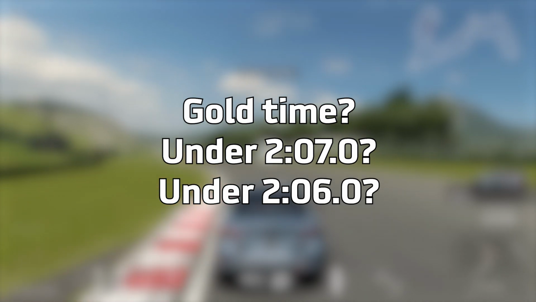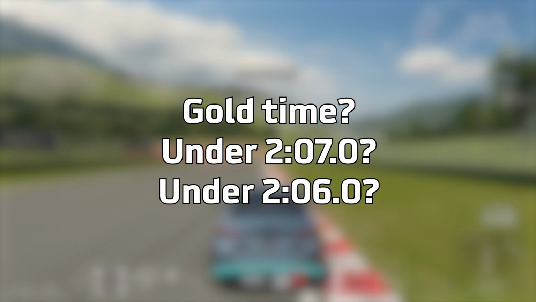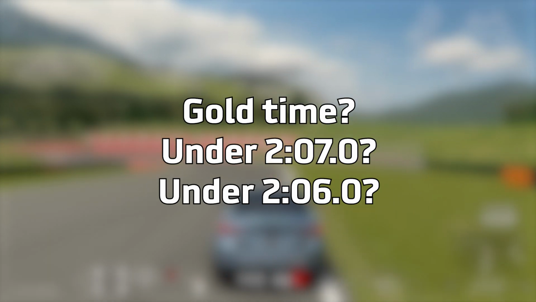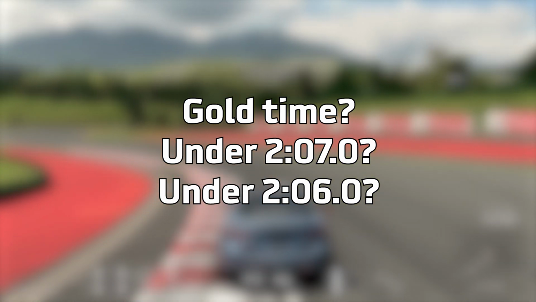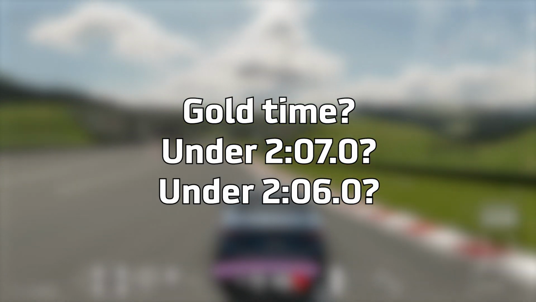But that's when I eventually got curious and decided, hey, we have 33 cars we can use. Is it possible to do the following things with all 33 cars? Can we get a gold time, which is a 207.3 at the time, go under 207, and go under 206. If a car can do all three things, then I think it was a pretty good car to use for